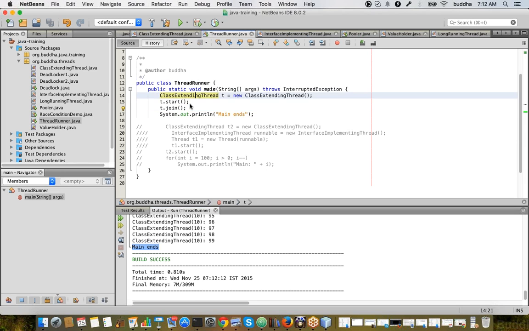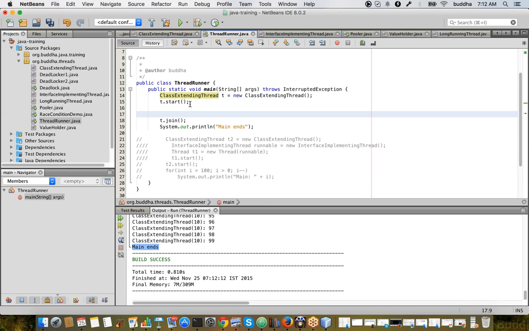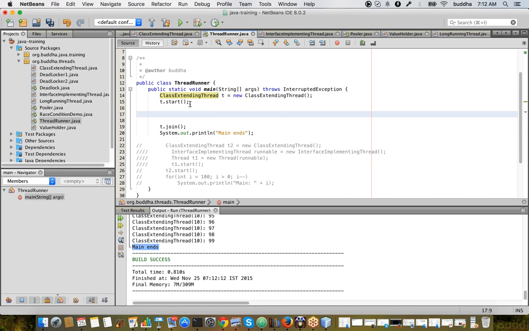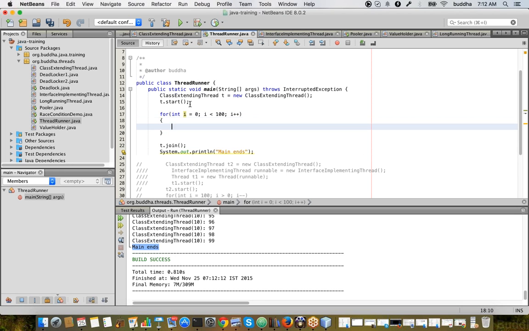Now let's say our thread is performing some operation of printing, for I is less than, say for example, 100, I plus plus, and printing I. Okay. Now, irrespective of whether the child thread has finished its execution or not,